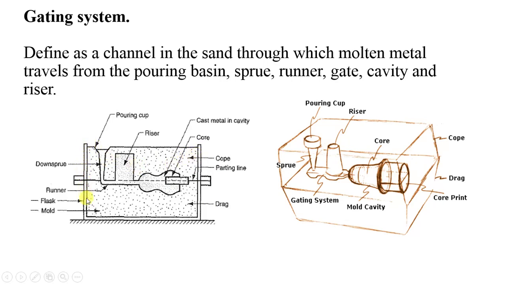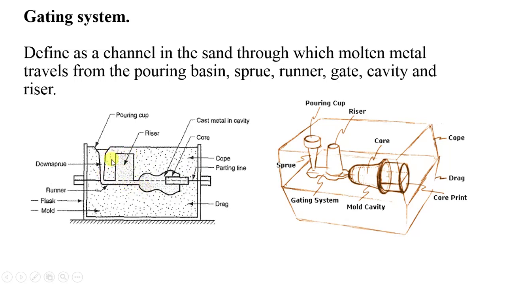Then the case in which the sand is filled or rammed is called as a flask, which is made of wood, or you can also use metal. Then this dotted section is called as a mold, in which we give the actual shape of a riser, runner, gate, cavity. Then this is a cavity of your component. Then this is a riser. So riser may be kept before the cavity or it may be kept at the last.